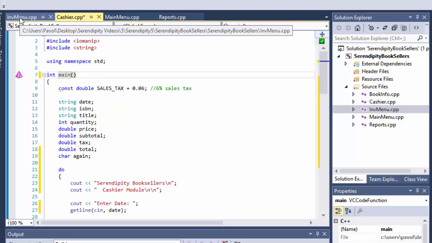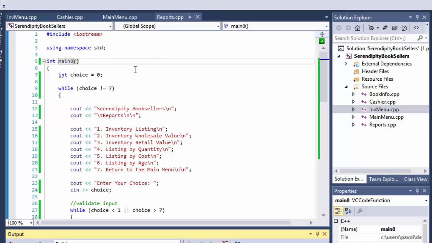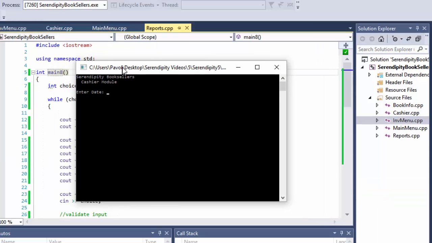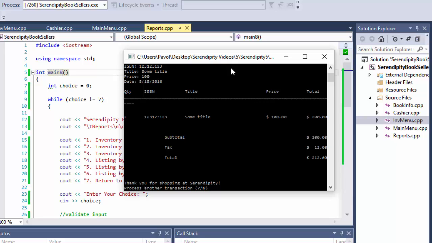So our reports will be, I don't know, menu 8 or something, doesn't matter. Because when I run it, now our cashier module will be displayed. So I'll enter a date, and I don't know, 5/18/2016, quantity of the book, let's say 2, ISBN 123, title, some title, and price 100, and we have our menu, and it asks here, process another transaction, yes